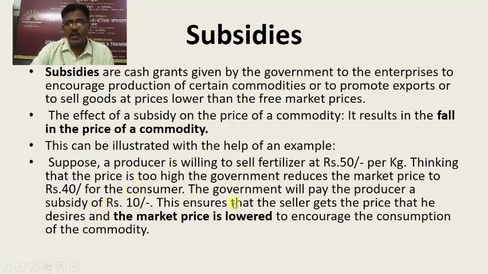Now, looking into the market price of certain commodities, if the government desires, the government can reduce the market price of the commodity for the consumer. So the amount up to the extent the price is reduced by the seller for the consumer, that is under the instruction of the government. So then the government has to compensate that amount in the form of subsidy to the seller.